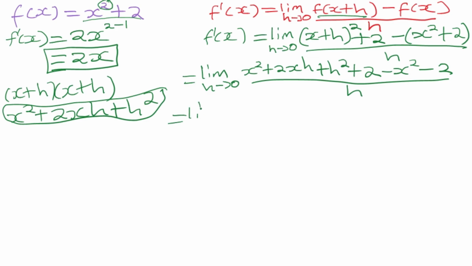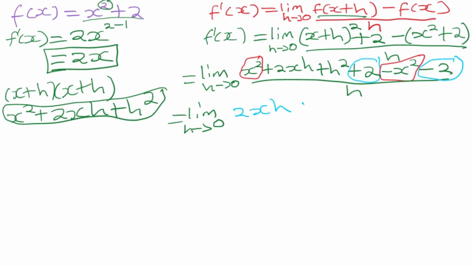Now limit h approaches 0. So now what we are having is x squared here and minus x squared there. That will give us 0. Here we're having plus 2 and then minus 2. That will give us 0 there. So we are left with